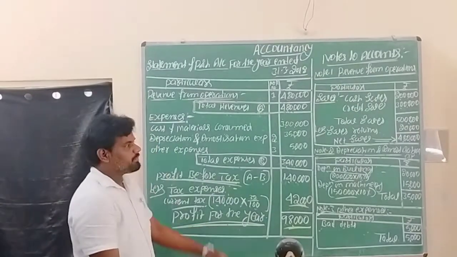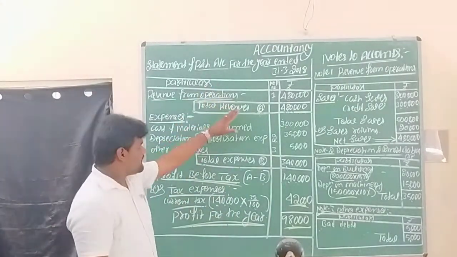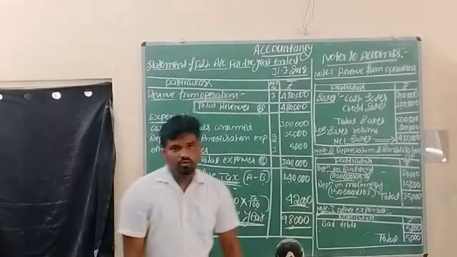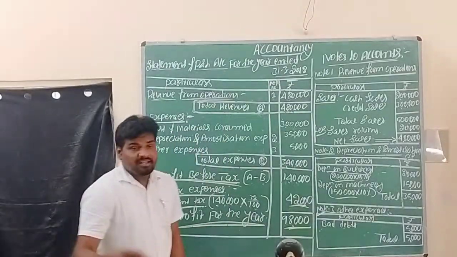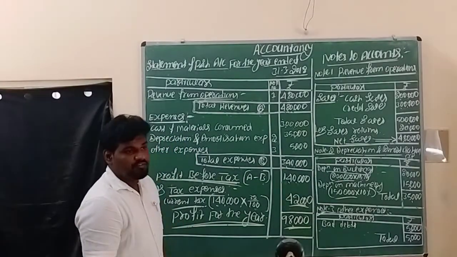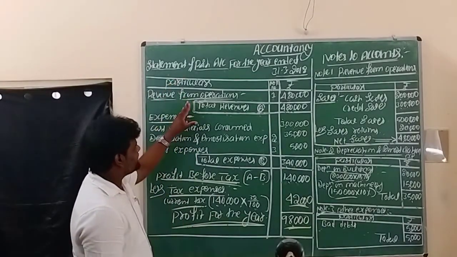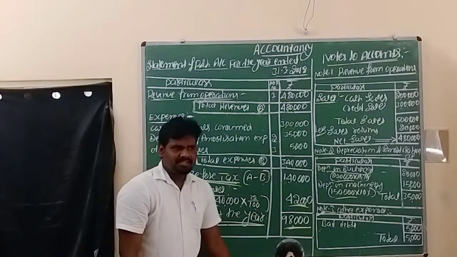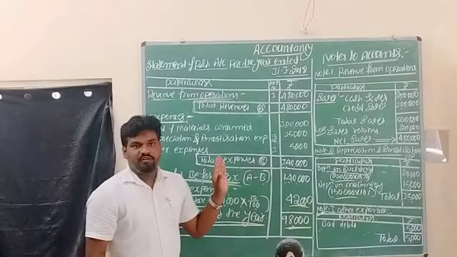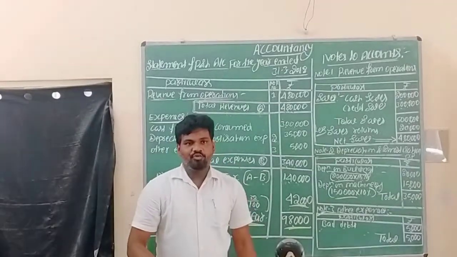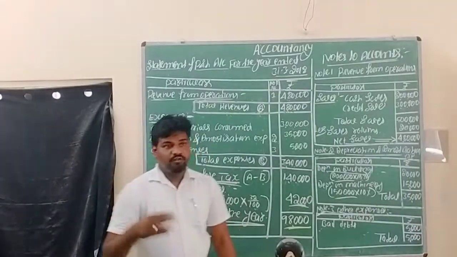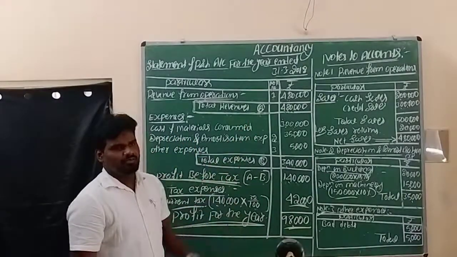The main motive of preparing this profit and loss account is that we need to ascertain the current year total profit, the total profit incurred in the business. By way of finding the profit only, we need to take all these incomes as well as expenses in the business organization. So this is the solution as per the PU board question bank, question number 4.